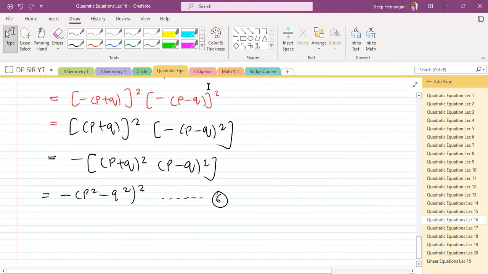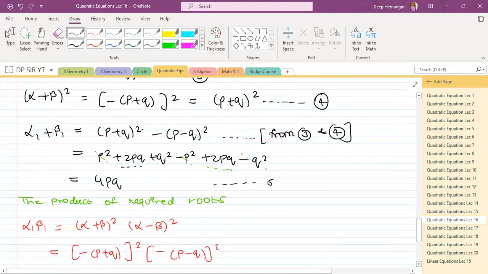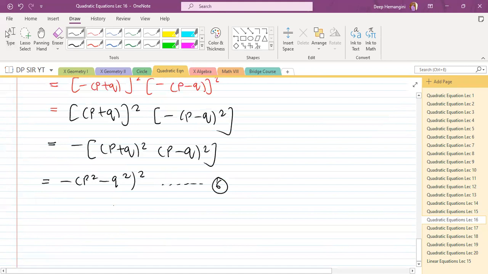I hope I have mentioned the fifth equation as well. Take this as the fifth. Okay, and talking about the last part, fifth is done, sixth is done. Therefore we need to find the required quadratic equation. Therefore the required quadratic equation is, come on, we are having just 3 minutes to go. The required quadratic equation,